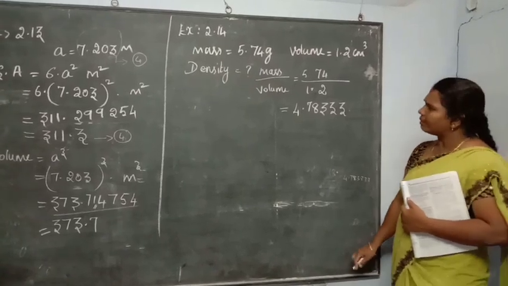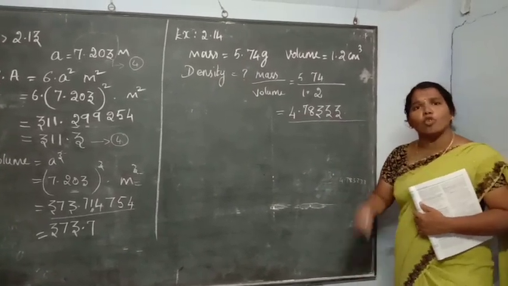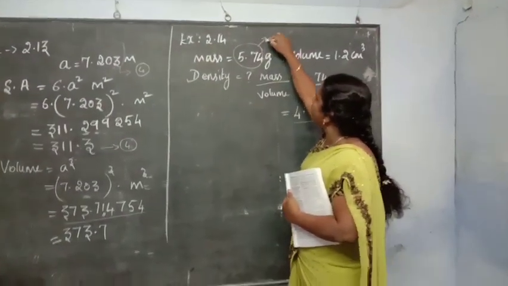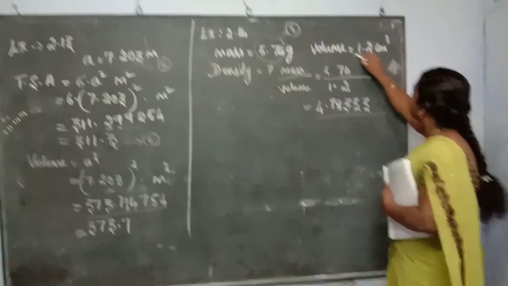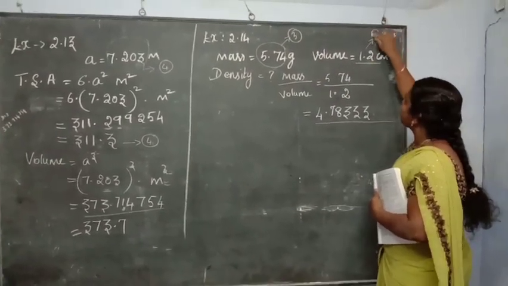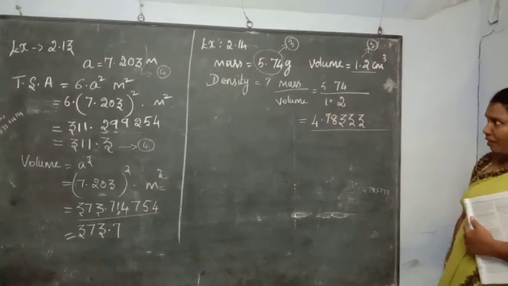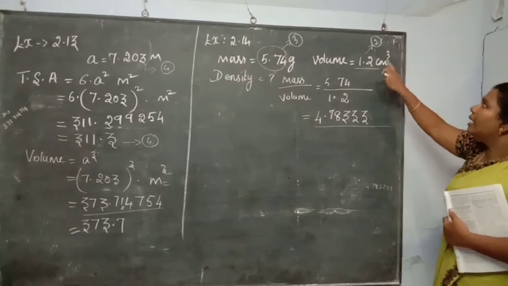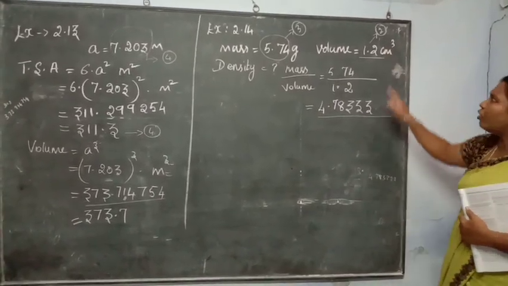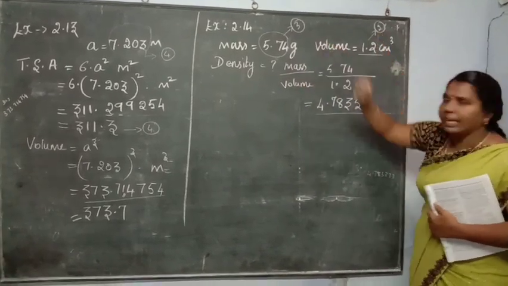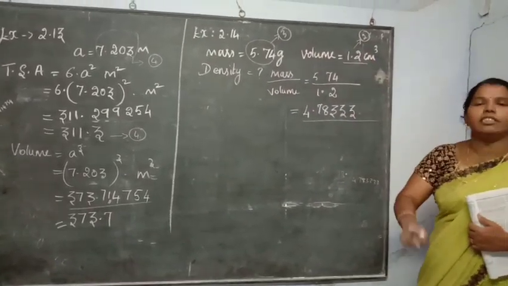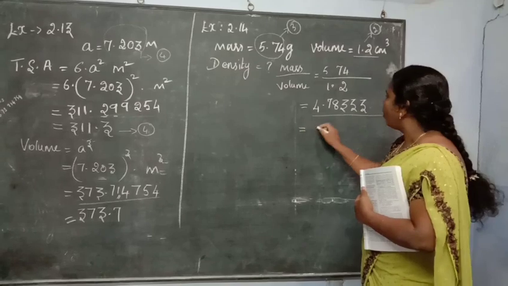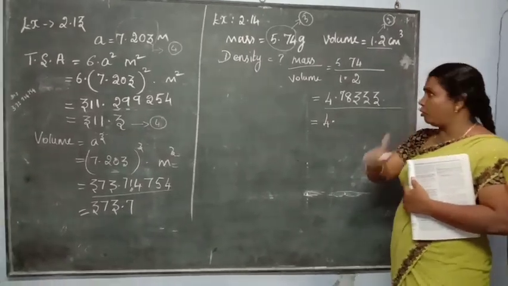See here, this final result also possesses so many digits. See here, how many significant digits here? This significant digit is 3. Okay, here how many significant digits? 2. So in multiplication and division, you should follow that the final result should attain the least significant digit only. Here, which one is the least significant digit? 2 or 3? 2. Therefore, the final answer should possess only 2 significant digits. So you should write the answer in the form of 4. Then you need to write only one more digit. So keep it in your mind.